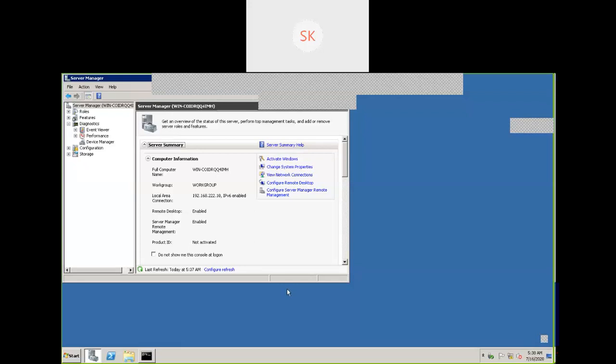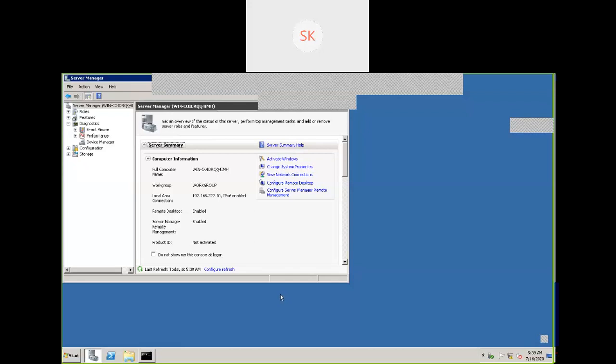What are the things we did? First, we connected the server and verified the drivers are installed. What drivers we verified? We verified the network driver. Once the network driver is completed, the next action what we did? We opened the network control panel, network configuration, and assigned an IP address to that particular network card.